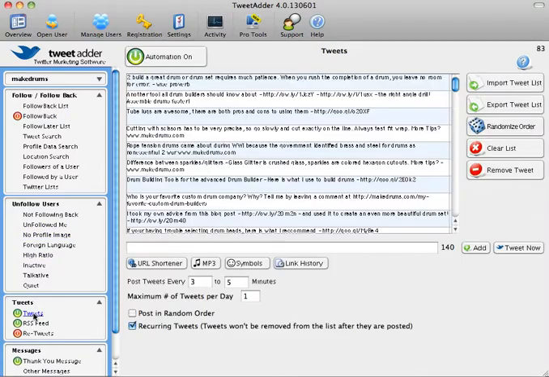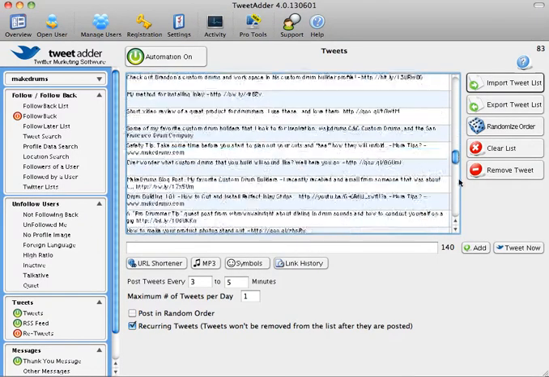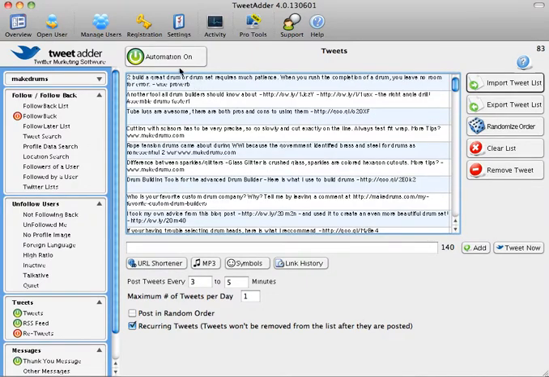Let's go to tweets. I talked about how I can automate my tweets. And what is great about this part of the program is I've created a list right here. It tells you how many tweets I have. I have 83, which really I would love to get to around 200 unique tweets. And this is just a list of tweets that I tell TweetAdder to post every 3 to 5 minutes. But the maximum amount of tweets per day is 1, because I don't want to